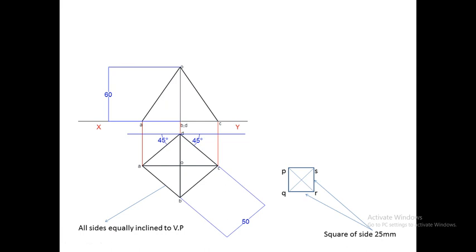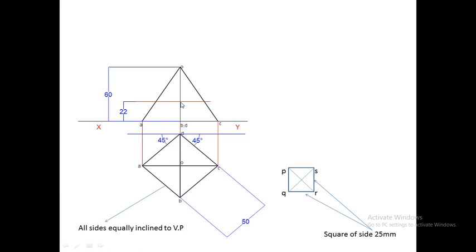After this, we have to draw the square hole in the front view with the given conditions. In order to draw the square hole, first we have to mark the center of the square hole. Now in the question it was given that the center of the square hole is at a distance of 22 mm above the base. So this is the base of the pyramid, and from this base we have to mark at a distance of 22 mm, and this point on the center line at a distance of 22 mm will be the axis of the square hole. So this point is nothing but the axis of the square hole.